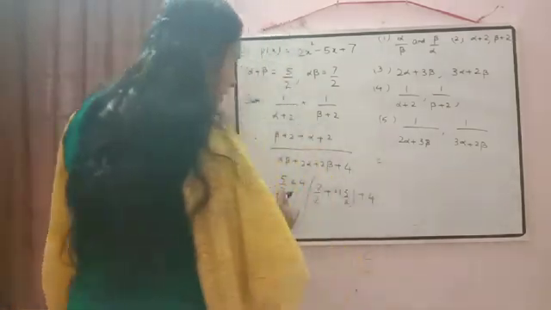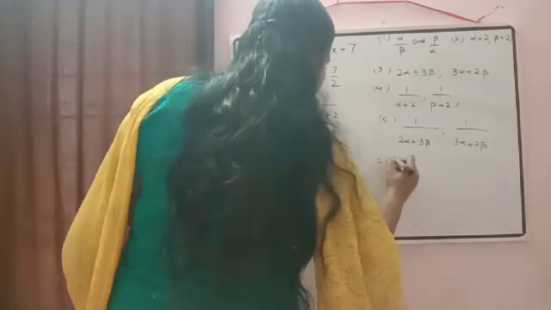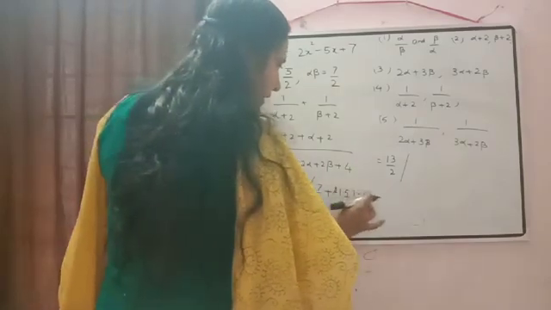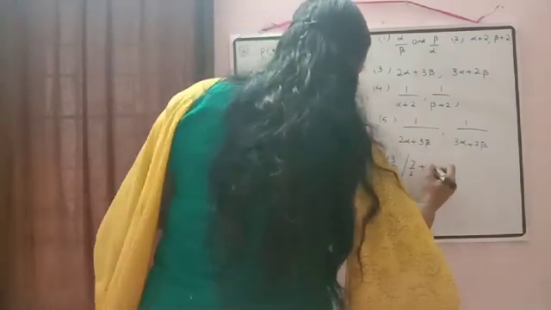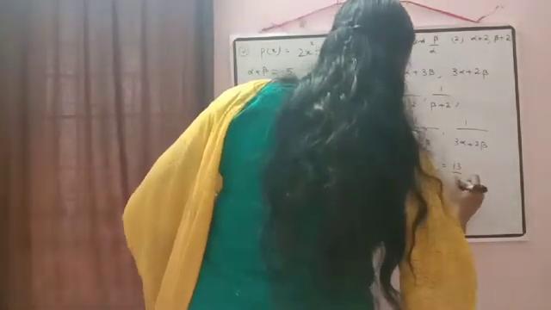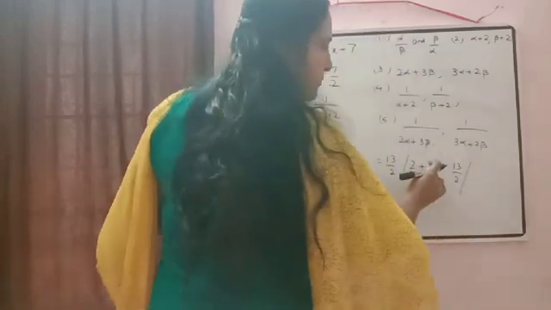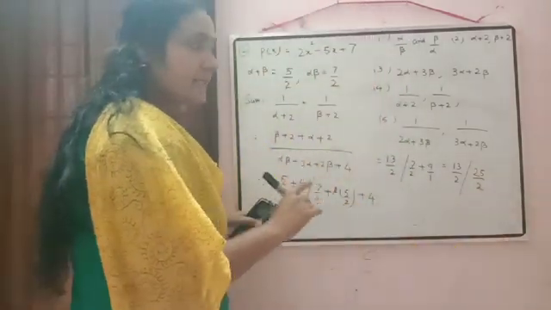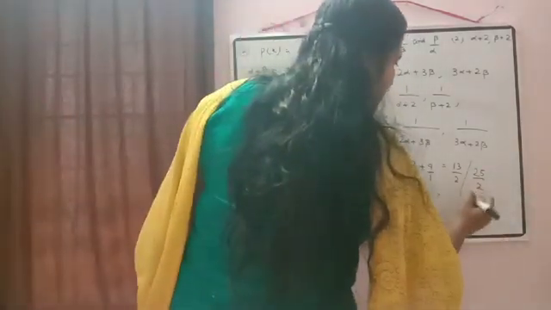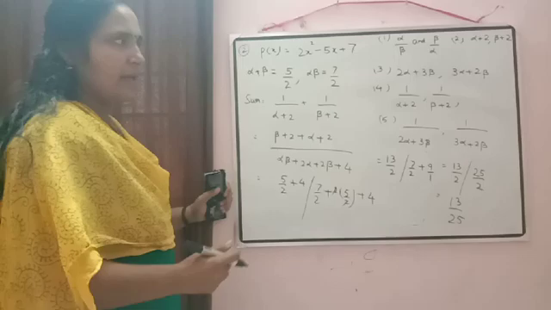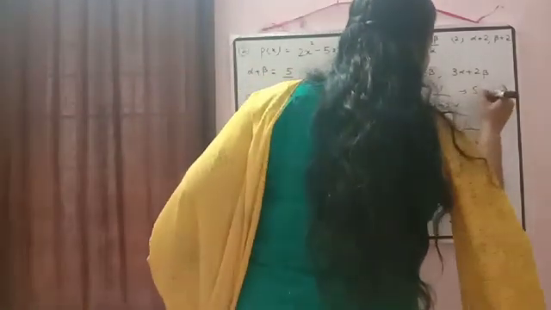Now here we can do the cross multiplication. Then we will get here 4 2s are 8. 8 plus 5, 13 by 2 divided by, here 2 and 2 will get cancelled. 5 plus 4, 9. So we are getting here 7 by 2 plus 9 by 1. So cross multiplication, then we will get 13 by 2 divided by 9 2s are 18. 18 plus 7, 25 by 2. So when you change the division into multiplication, 2 and 2 will get cancelled. We will get the sum is equal to 13 by 25. So just I am writing here, I got the sum is equal to 13 by 25.